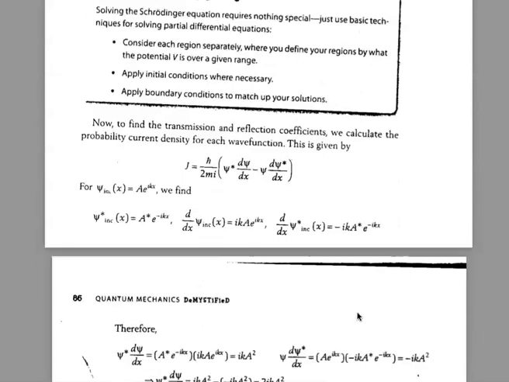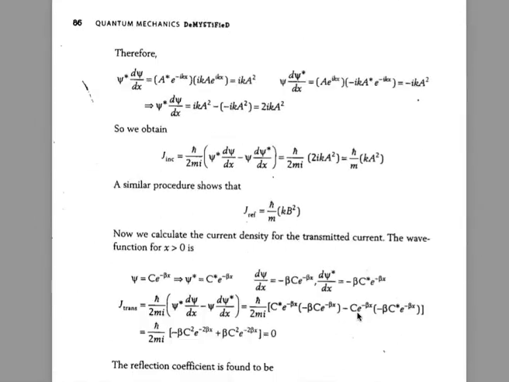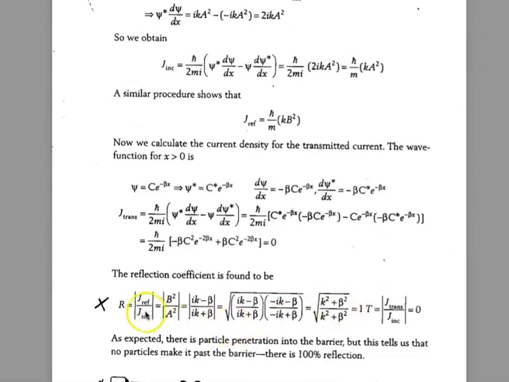Now, let me go on and get the final answer here. Using J, and you can go through all these steps, we get that the reflection coefficient R, equal to J reflected divided by J incident, turns out to be equal to 1. So this 1 here represents 100%. 100% of the energy of the wave is reflected in this case because the step is infinite. Doesn't matter how much it decreases, all of the energy gets reflected back. And the transmission here is 0.